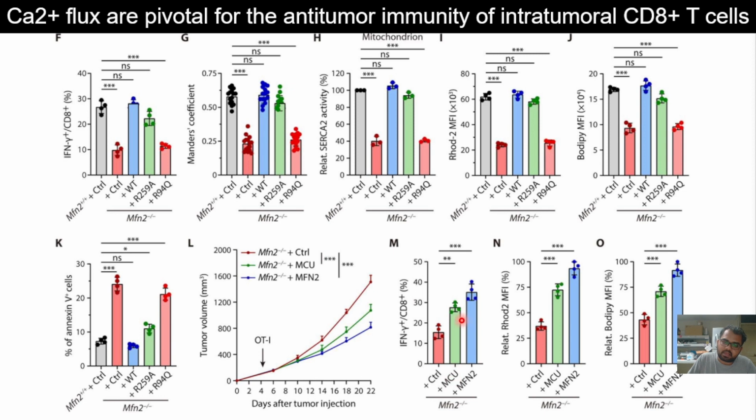Furthermore, in the MCU-only expressing CD8 T cells, there is an increase in IFN gamma compared to the MFN2 knockout, although it is low, but there is an increase. Then further, the MCU expressing cells have a relatively higher Rhod-2 MFI, which suggests there is more calcium, and BODIPY, which suggests more fatty acids or lipids inside these cells, basically when they are expressing this MCU on CD8 T cells,